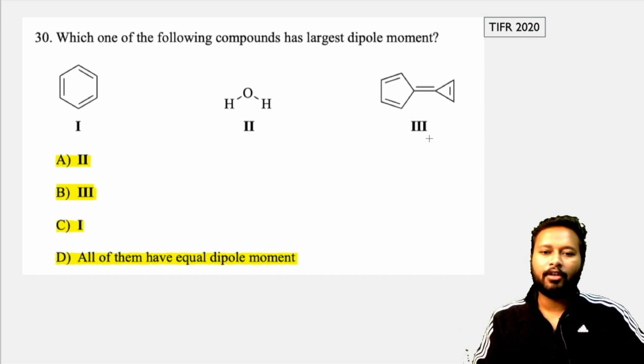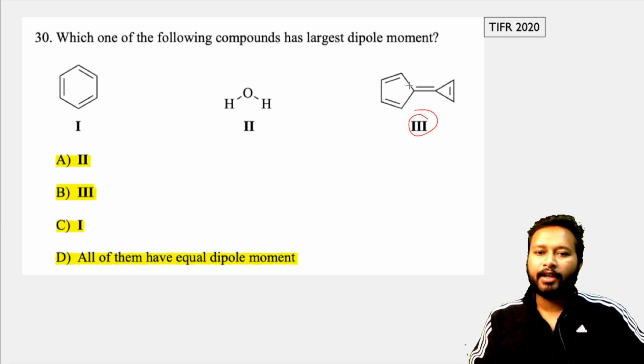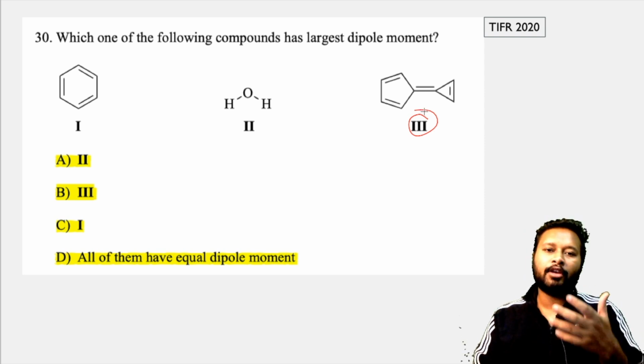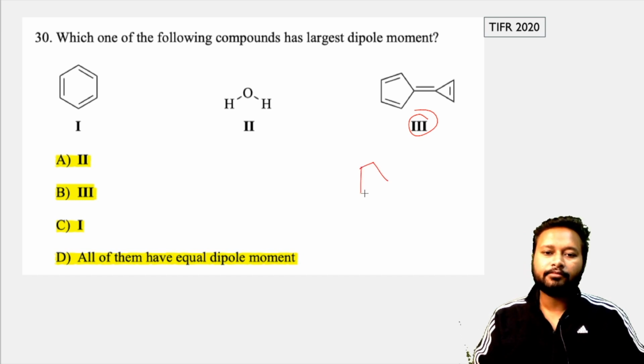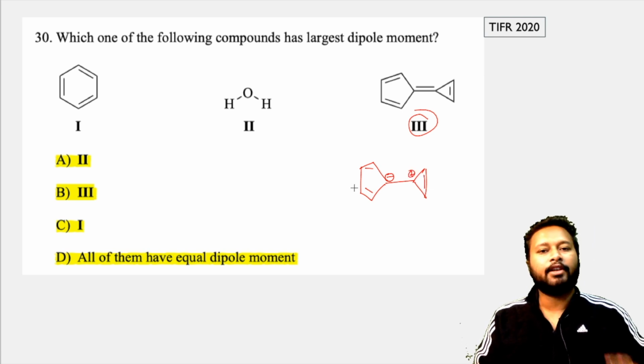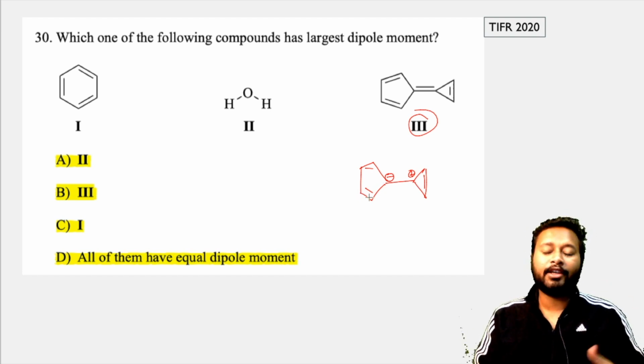And if you look upon all these three molecules, they all seem to be neutral, but the third molecule will become more stable if I do heterolytic cleavage to this particular bond, and give charges on both these rings. If I make this ring negatively charged, a carbanion over here, and give a carbocation over here, now both these rings will gain stability because they are going to follow the Huckel rule, and both of them will become aromatic.